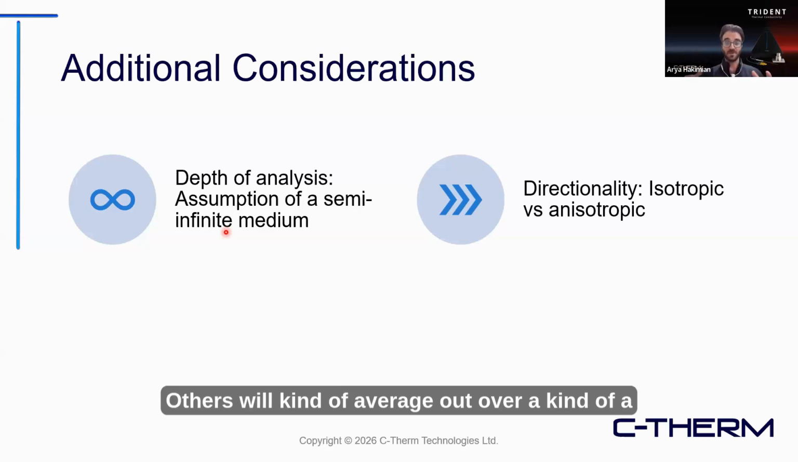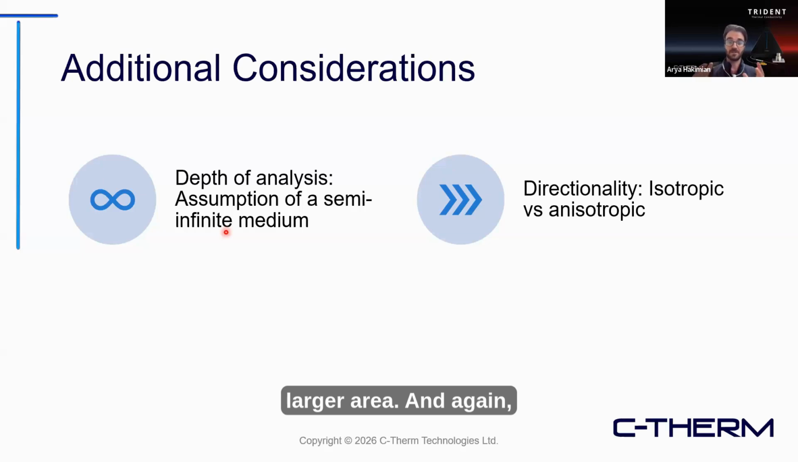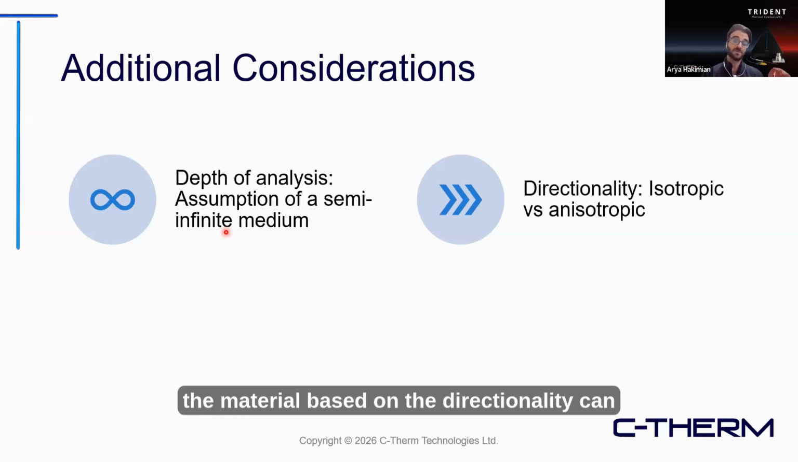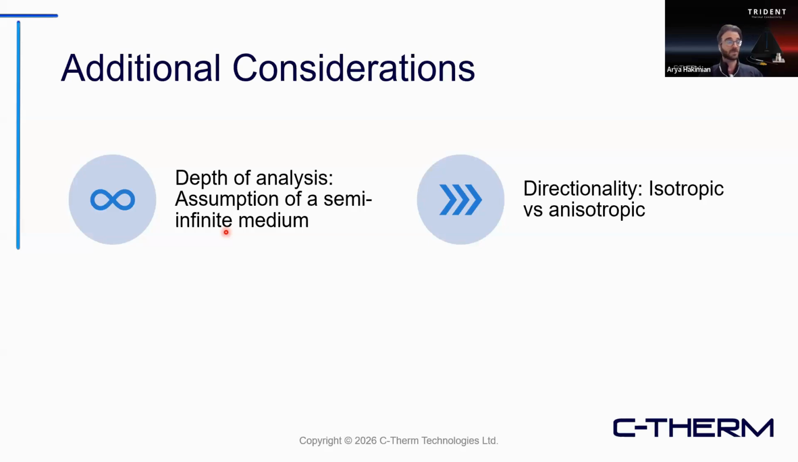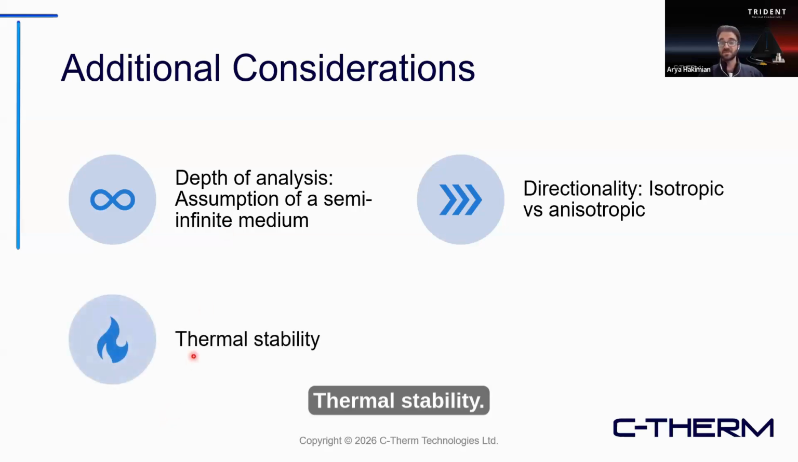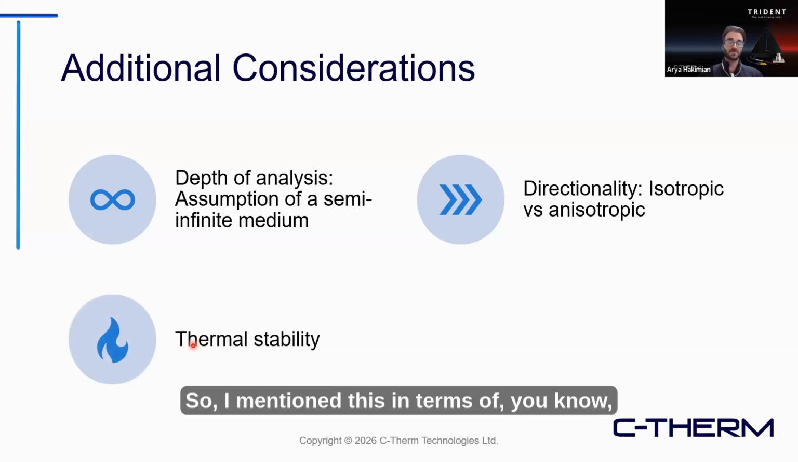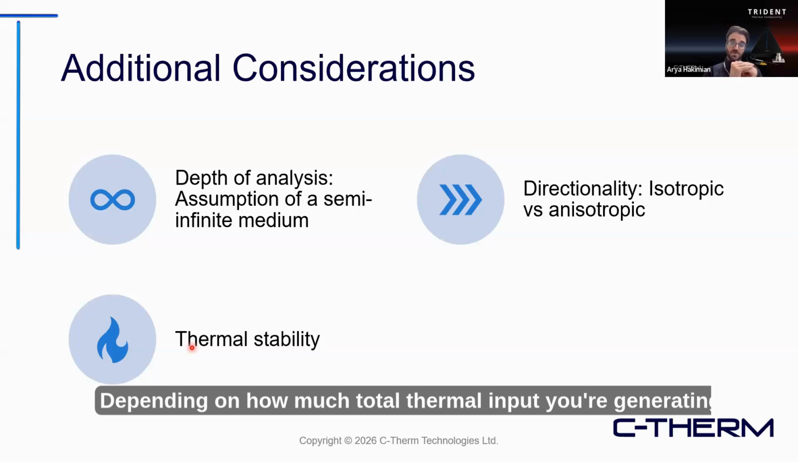Others will kind of average out over a larger area. And again, understanding those implications on the material based on the directionality can be quite important. Thermal stability. So I mentioned this in terms of, as you're taking measurements, depending on how much total thermal input